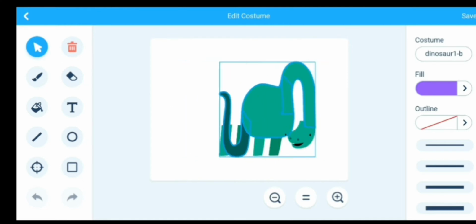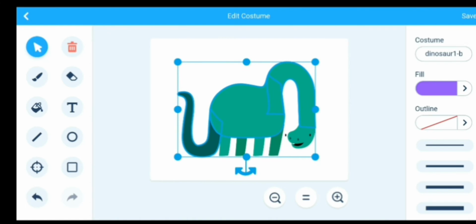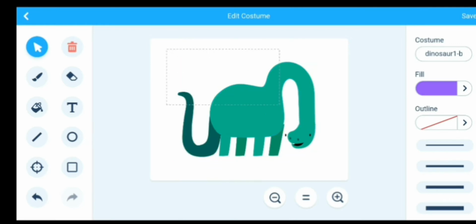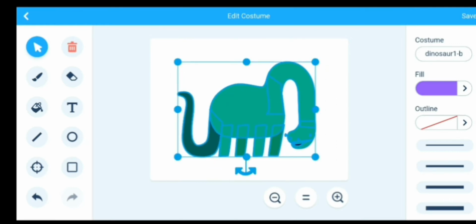Select all, again select all and then switch it.